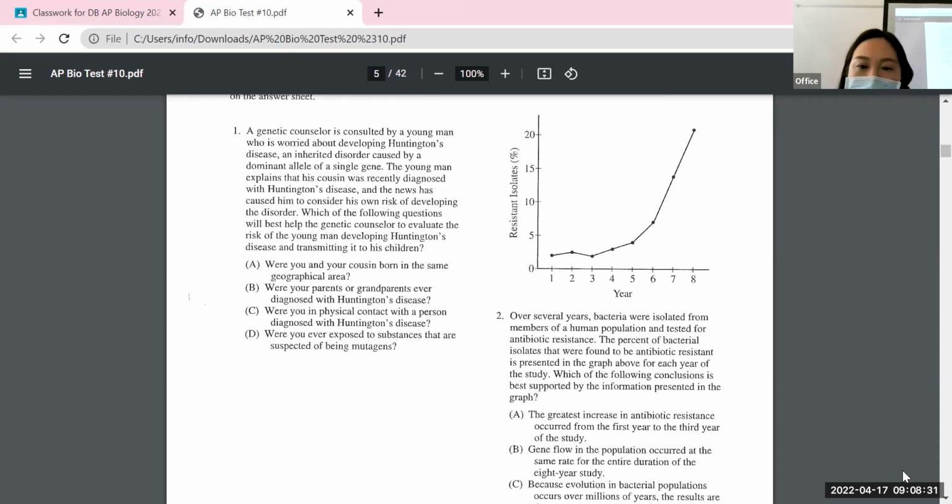Okay. Over several years, bacteria were isolated from members of a human population and tested for antibiotic resistance. The percent of bacterial isolates that were found to be antibiotic resistant is presented in the graph above for each year of the study. Which of the following conclusions is best supported by the information presented in the graph? Okay, so